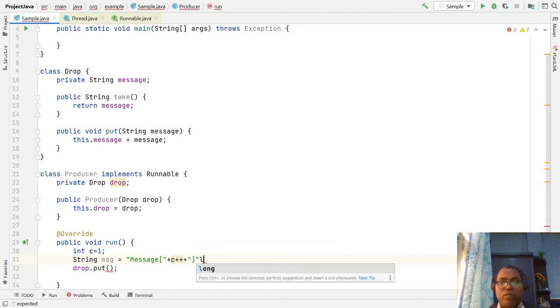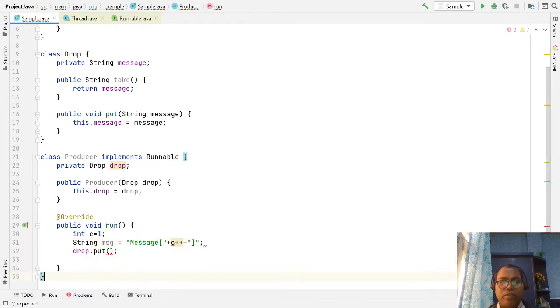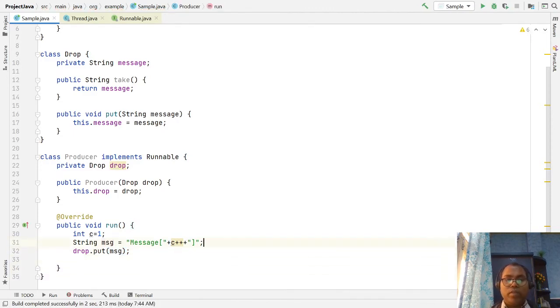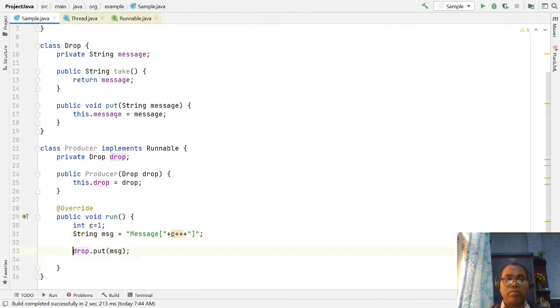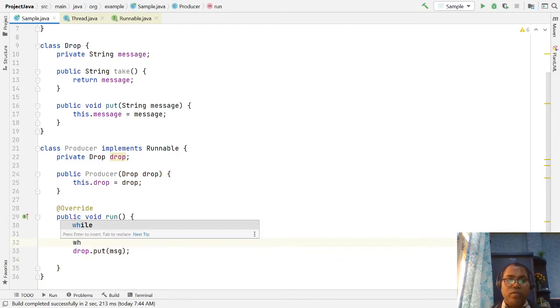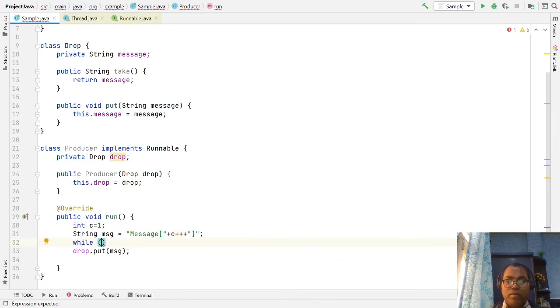I'm going to write this in a loop, a while loop with count less than 50. That's the 50 messages I want to send here.